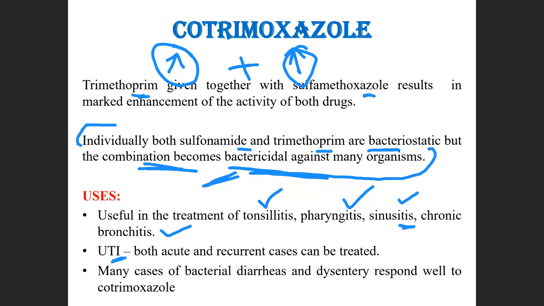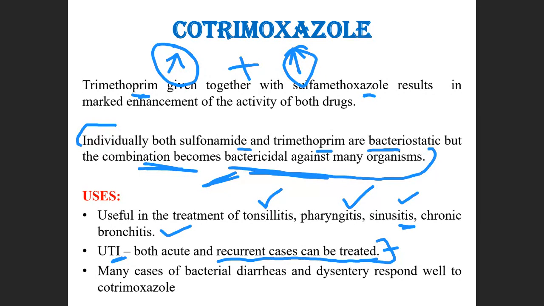And in the case of UTI, both acute as well as recurrent conditions, in both cases this is very good. Acute and recurrent means the patient is getting infected very easily. Generally this will happen maybe due to hospital-acquired infection, or maybe some continuous exposure to that particular type of bacteria. So that causes recurrence of the infection. So in that case, this combination, cotrimoxazole, a combination of trimethoprim and sulfamethoxazole, is very much good. The next is